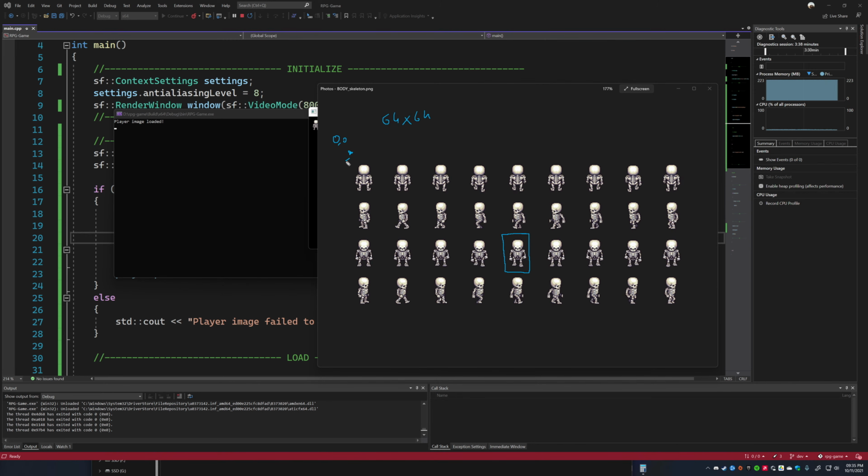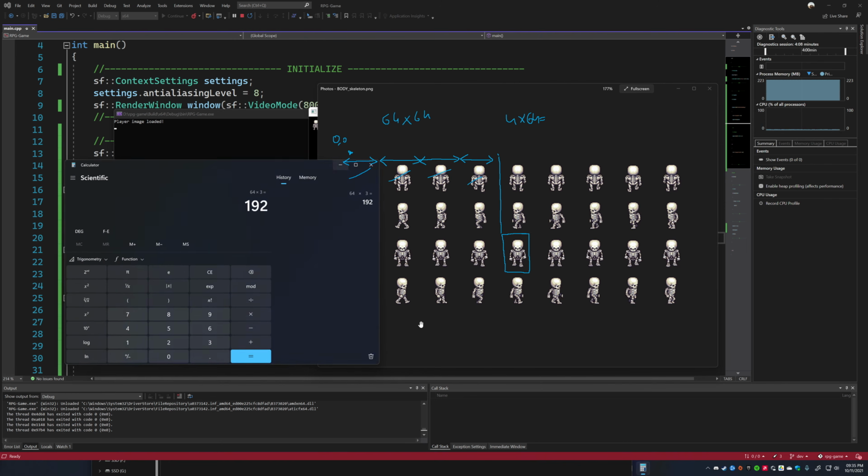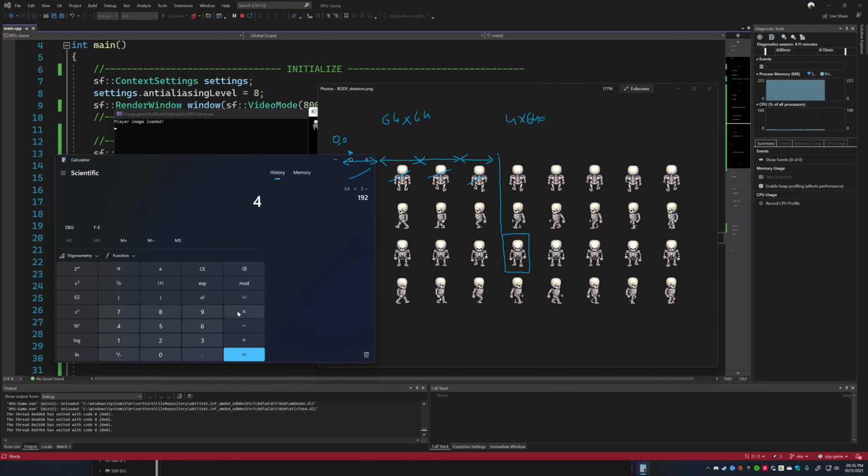So let's count: 64, 128, 192, 256, and then I stop here, because I want to start at this dot. So 1, 2, 3, 4. 4 multiplied by 64 is equal to 256, if I'm not mistaken.